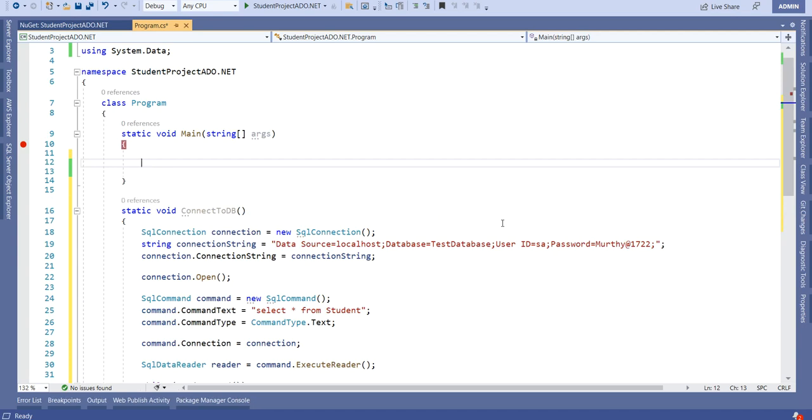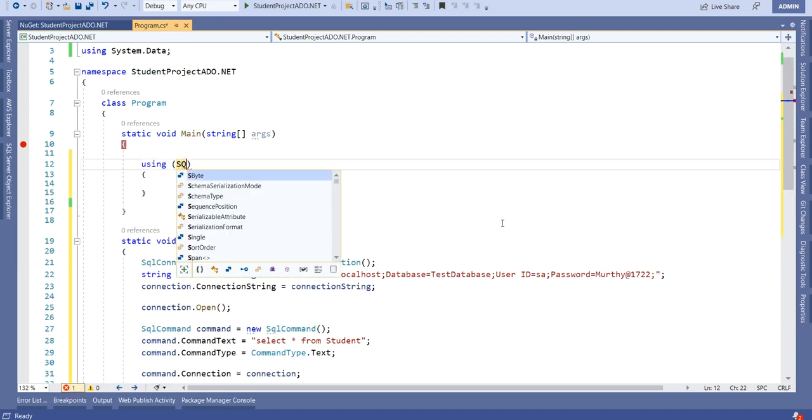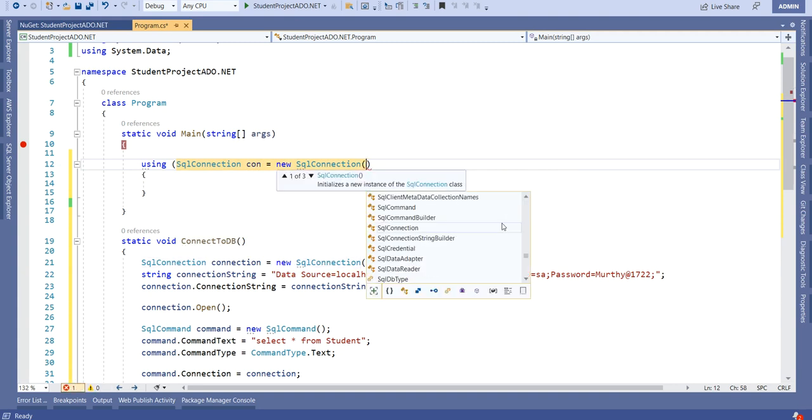Actually, we have a using statement. Using SqlConnection con equal to new SqlConnection. In this connection, we have a constructor. In this constructor itself, we can pass the connection string.